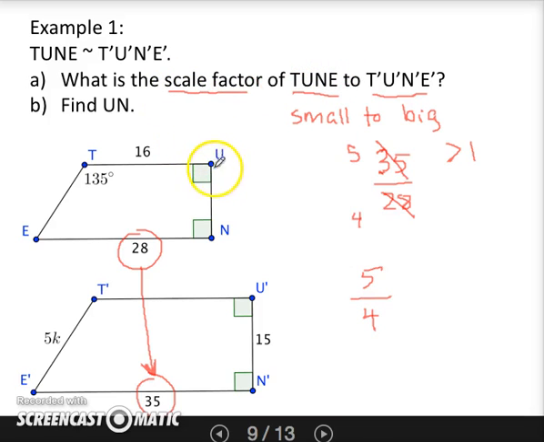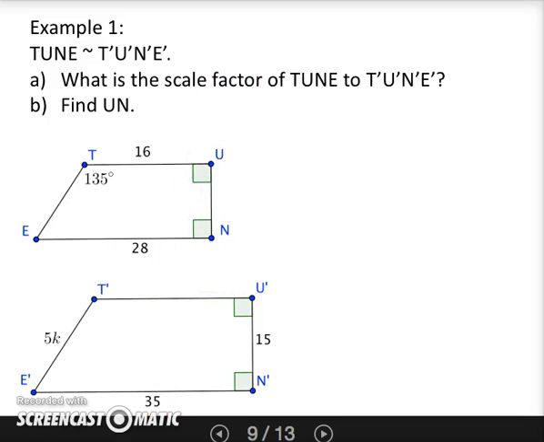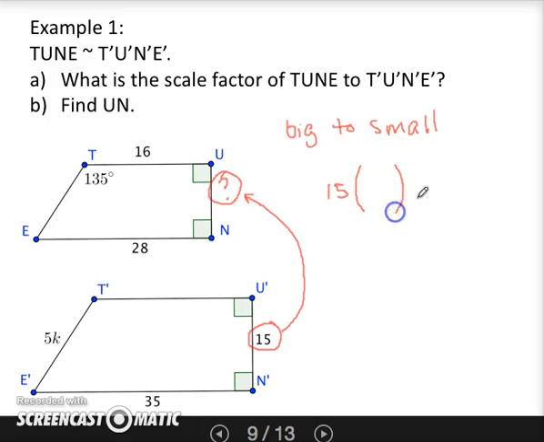Now I'm asked to find side UN. So the information that I have now, the known side is on the big shape, and my unknown is on the smaller shape. So now I'm going from big to small. I want to take my number that's on the big shape and multiply it by a scale factor that's going